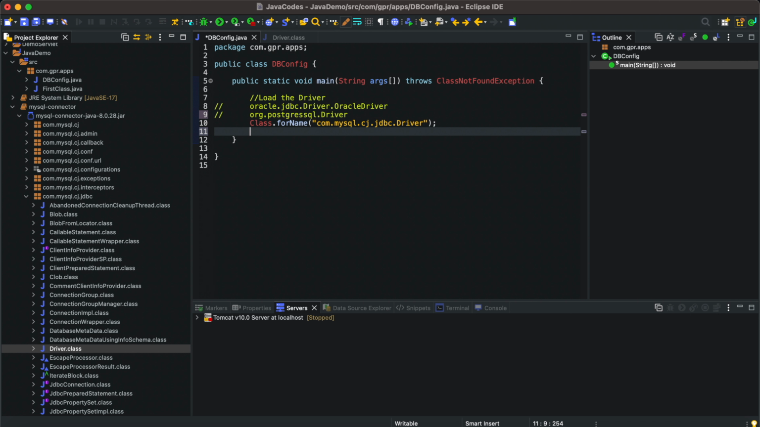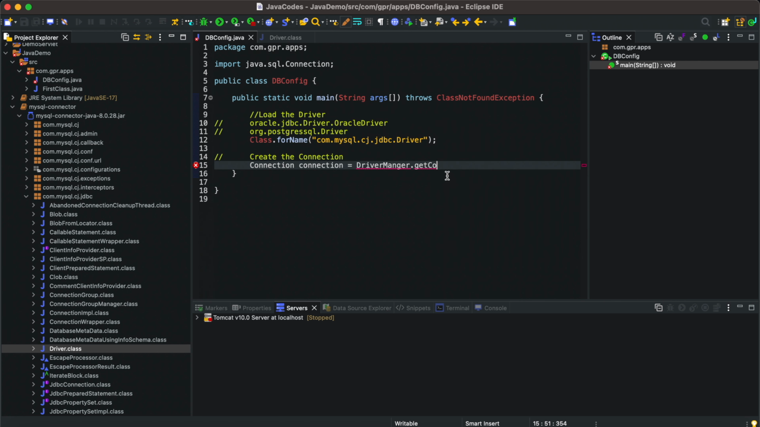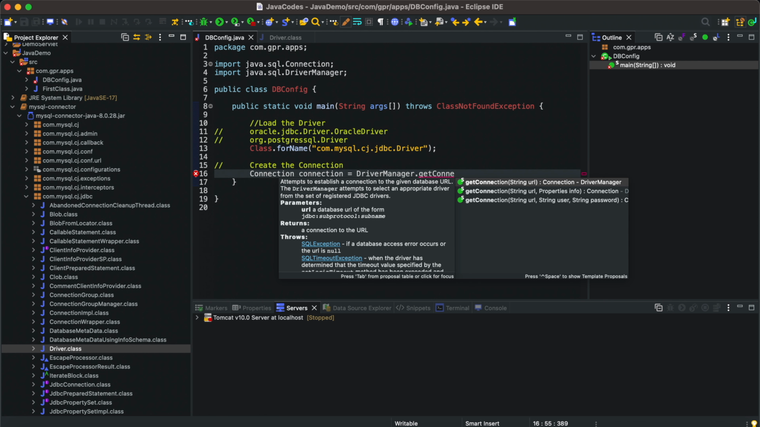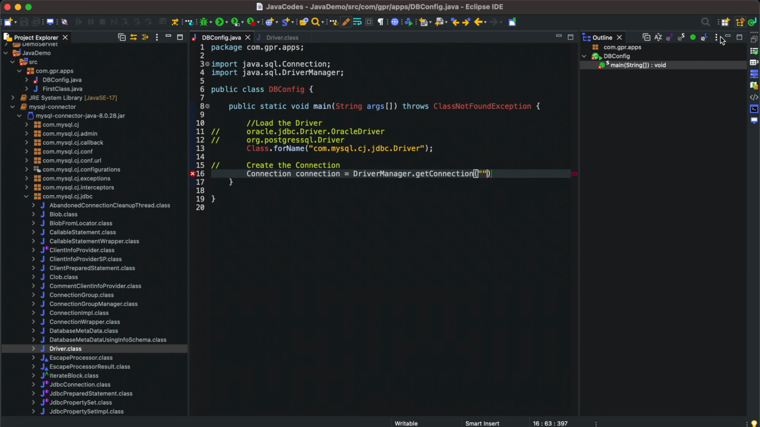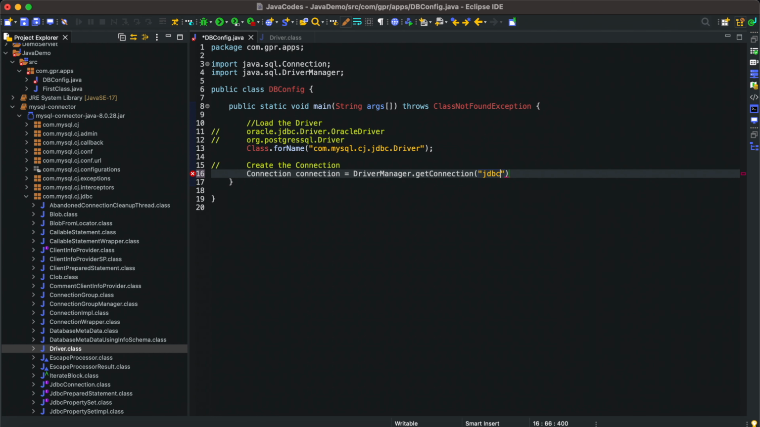Now we need to create the connection here. To create the connection I'll be using one interface, the Connection interface, and using DriverManager.getConnection. I need to pass the URL here. For MySQL, the URL is, let me just minimize all those things so it will be better for you, jdbc:mysql://localhost and the port number,